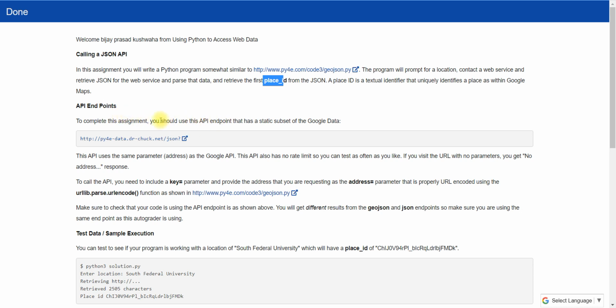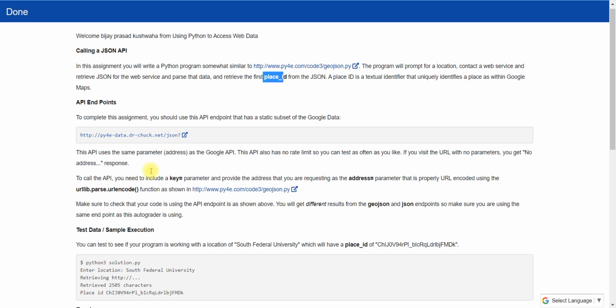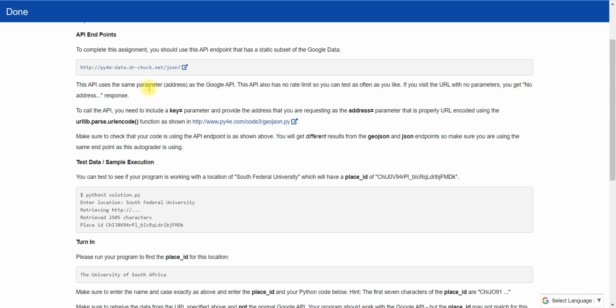Here is the API endpoint. What is the API endpoint? Everything is explained there, and to complete this assignment you should use this API endpoint, which has a static subset of Google data. So for completion you have to use the JSON API, not the GeoJSON API. This is GeoJSON API.py and this is JSON. This API uses the same parameter address as the Google API.